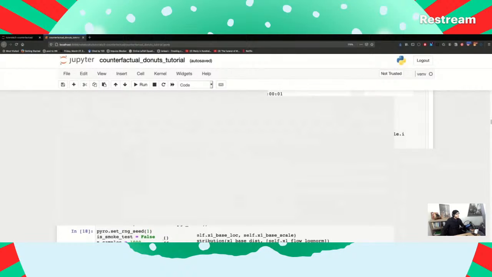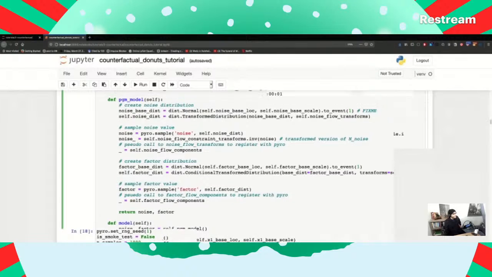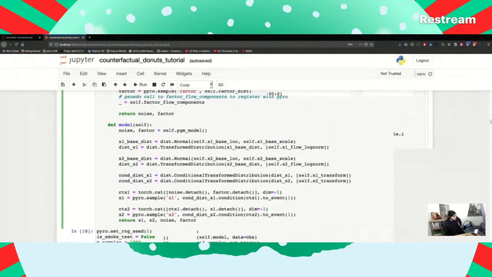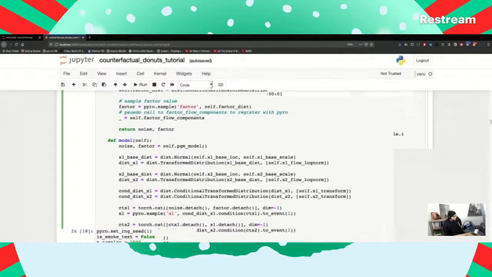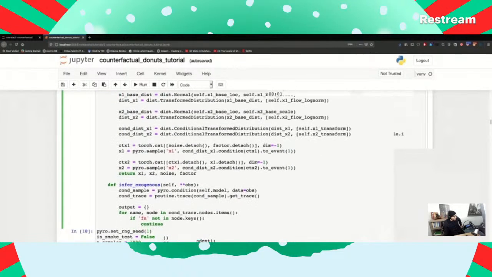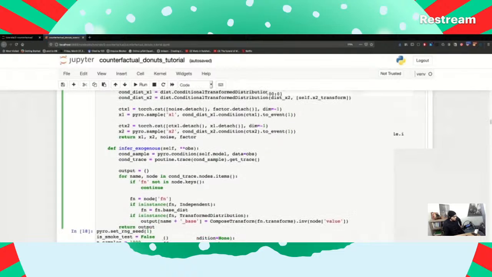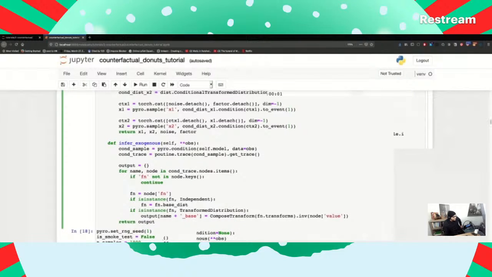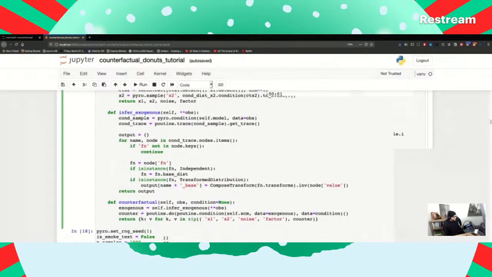I'm curious how they actually visualize this, but it looks like we have enough ingredients here to... it looks like they haven't actually done the actual abduction, or did they? Let's see here. So we have our model. And we have a step for inferring the exogenous variables. So what do we do here? We're going to take in our data, condition the model, get the trace, then try to muck about with the trace a little bit and get that base distribution, and then maybe use that